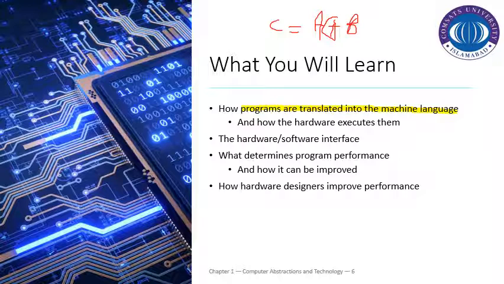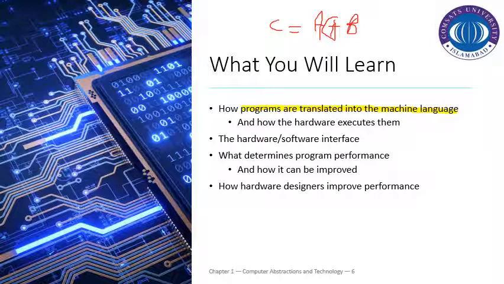So basically the main idea is we have to add two numbers and assign the result of the addition to the third number. So what are the steps that are being followed? We simply write the expression C is equal to A plus B. How is this expression being executed by the hardware? What are the hardware components that are used in order to perform the addition, and how is this instruction being converted in such a way that hardware can recognize that and can execute that?